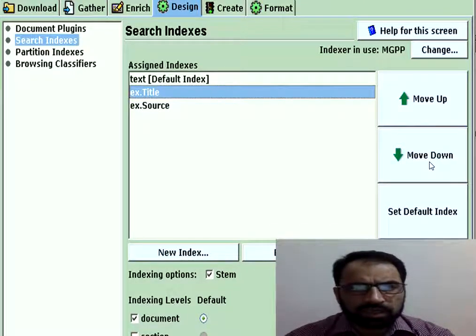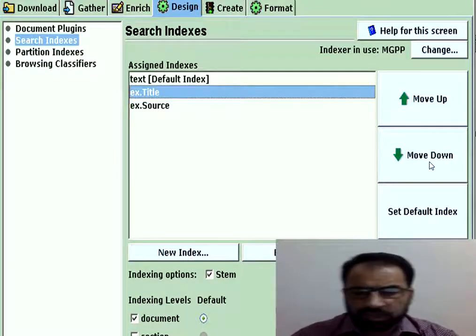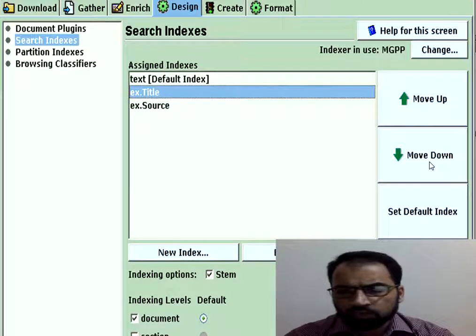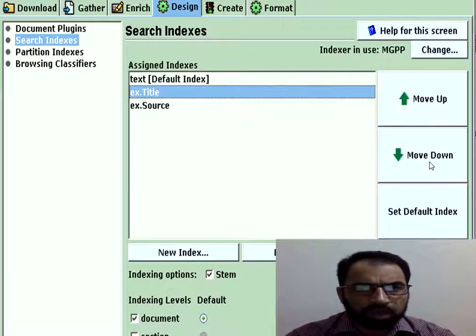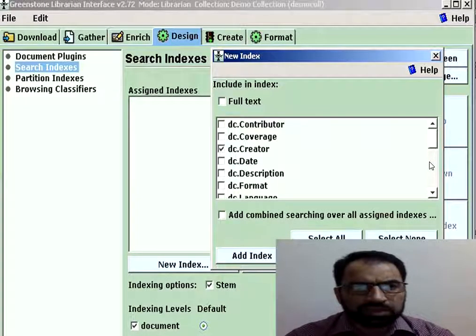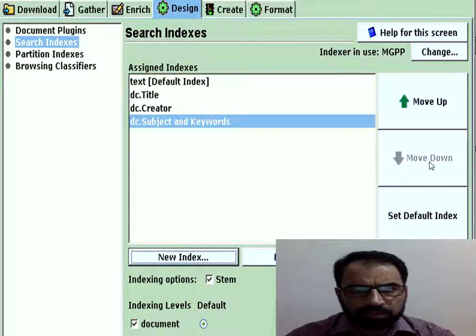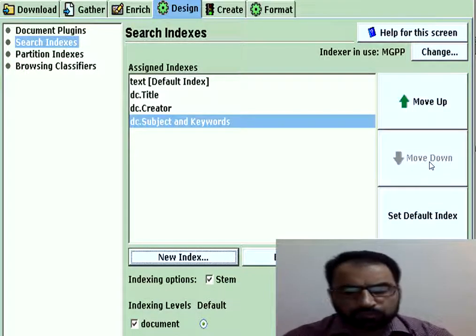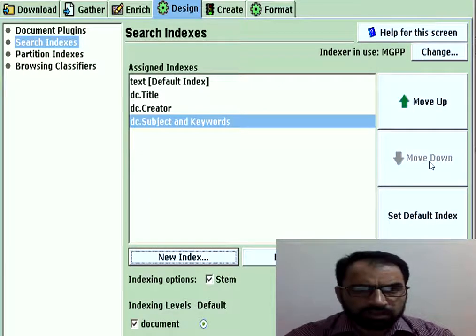So here, like title, sometimes the publisher name, title followed by the author's name, keywords, subjects, these different kinds of elements whereby a user can search the digital library are mentioned in search indexes. Like we have selected the creator, the subjects, then the title in search index.